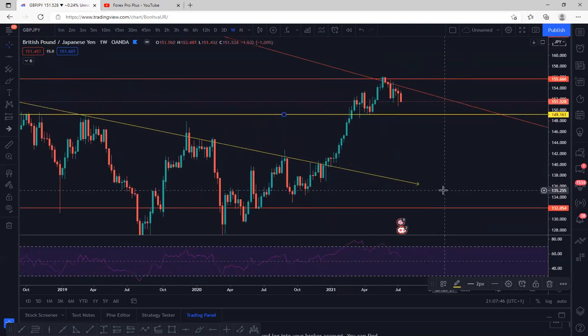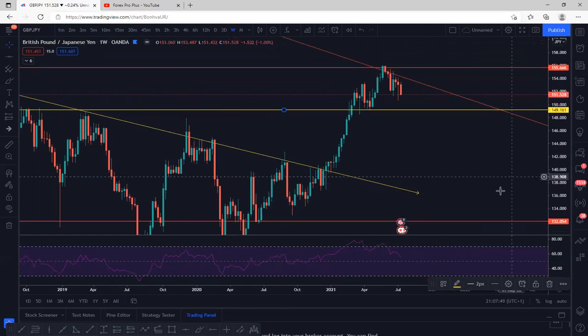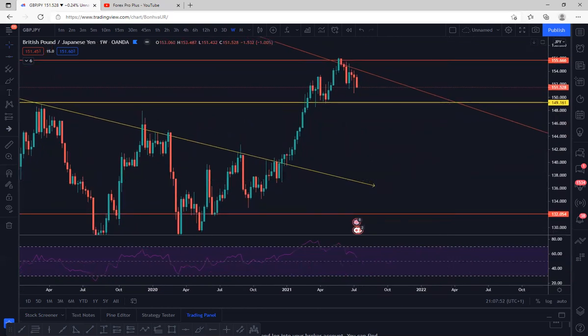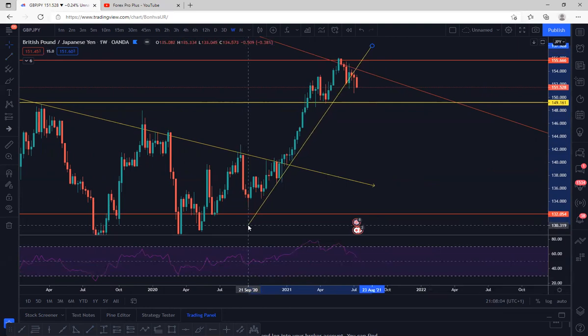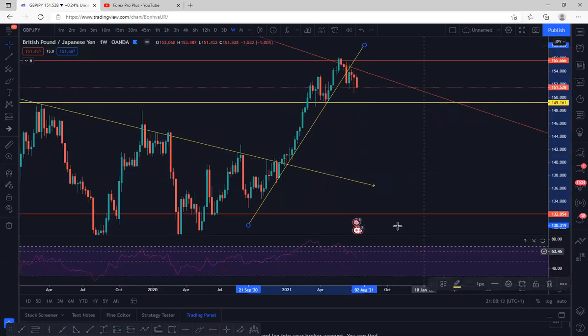Now, just look closely at what's happening here. Right. Also, we can see here that this trend line in weekly has been broken. Or if you want to take it from here, that's probably better. But anyway, it has been broken and it has retested this area here. This is a strong confluence zone of the monthly trend line and the monthly resistance level,